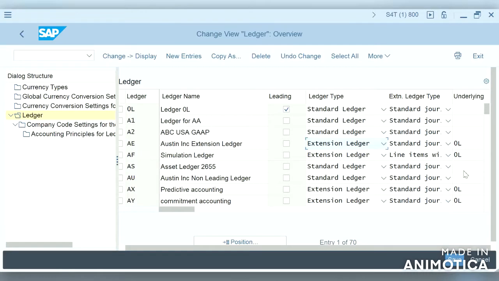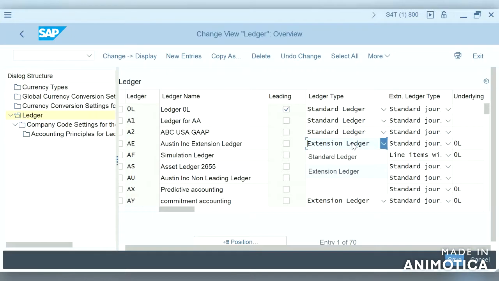For every extension ledger there will be a standard ledger. The postings made to standard ledgers will be posted to the extension ledger. So let us see the difference between them.